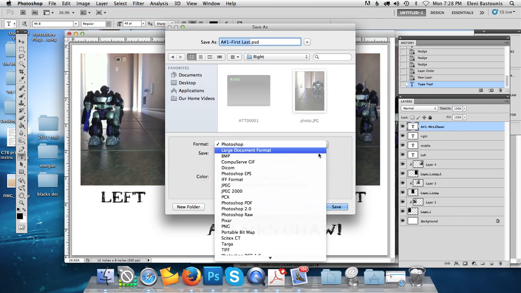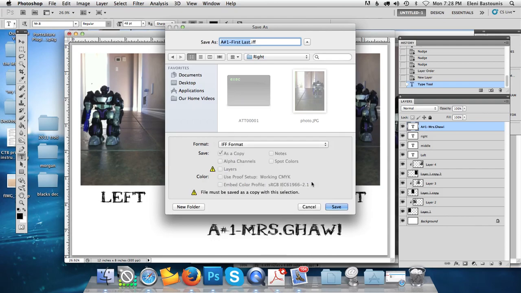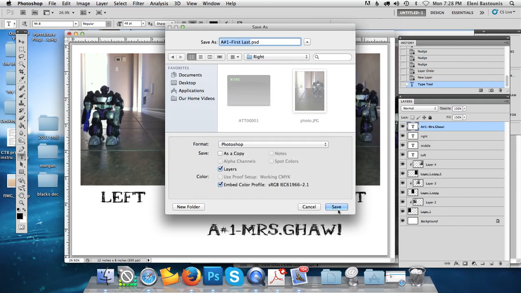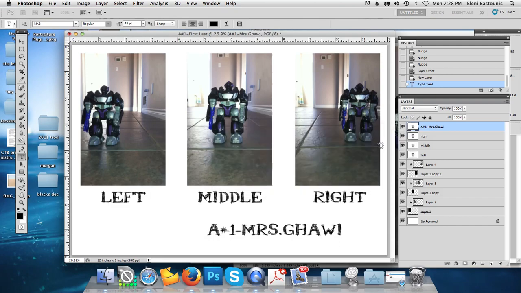If you save it as a JPEG, it'll flatten it. You will no longer have access to layers. So that's a bad idea right now. Try to save in Photoshop. Click OK. And the other thing is, remember to save in your G drive, on your USB, and